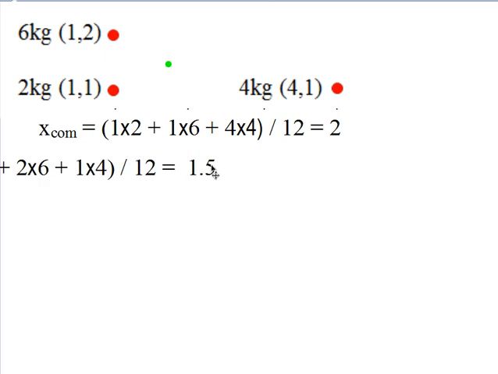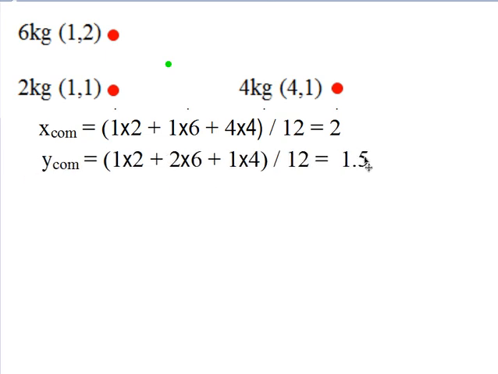of mass. And similarly for the y center of mass, I would take this, which is at location 1, and I'd weight it 2. This is at location 2, and I would weight it 6. And this is at location 1, and I would weight it 4, and then divide by the total mass again to get a 1.5. So indeed, y-wise, it's halfway up from 1 to 2, and x-wise, it is 1 unit away from this, and 3 units away from